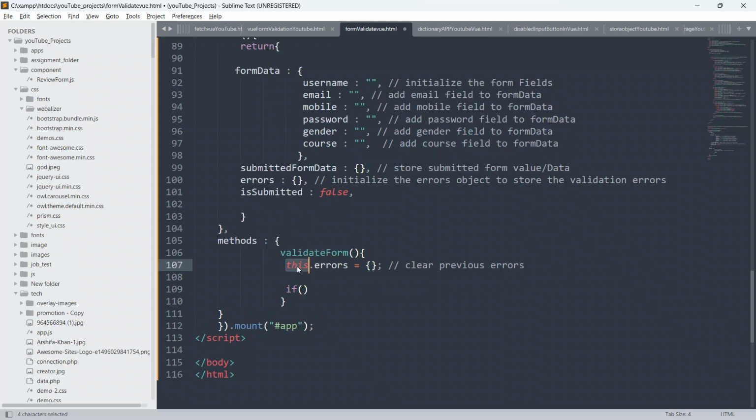Whenever I say this.errors, I refer to this errors. Whenever I say this.formData, I refer to this form data.